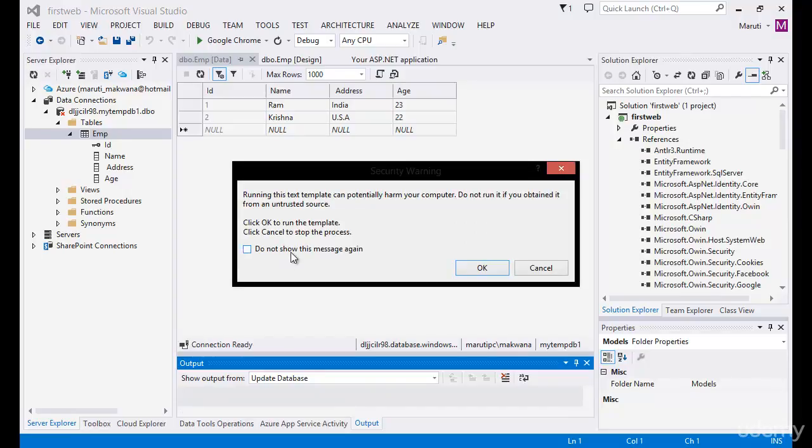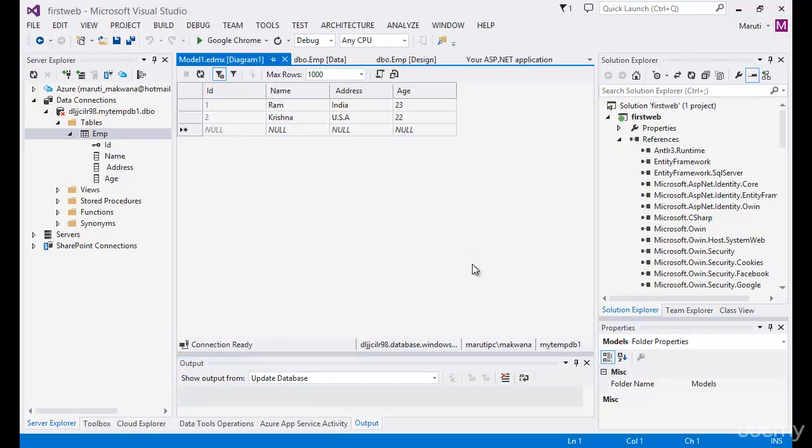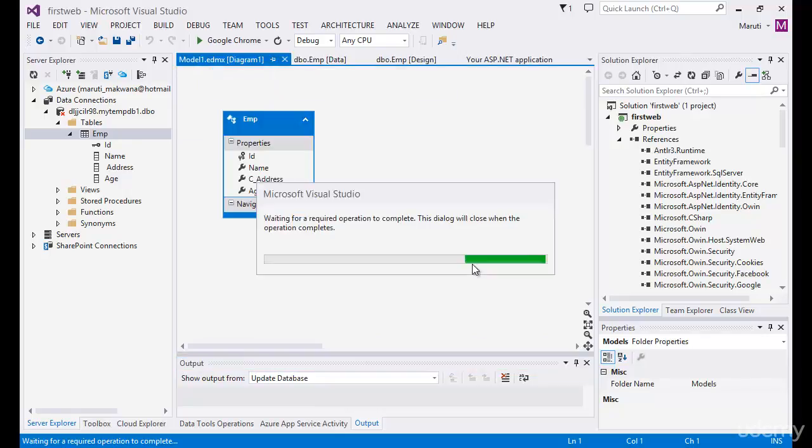you will get this kind of warning. So just check mark, do not show this message again and click on OK. On successful completion of this, you will get an Entity Framework model with that particular table entity inside it. If you check the connections of this application inside web.config,